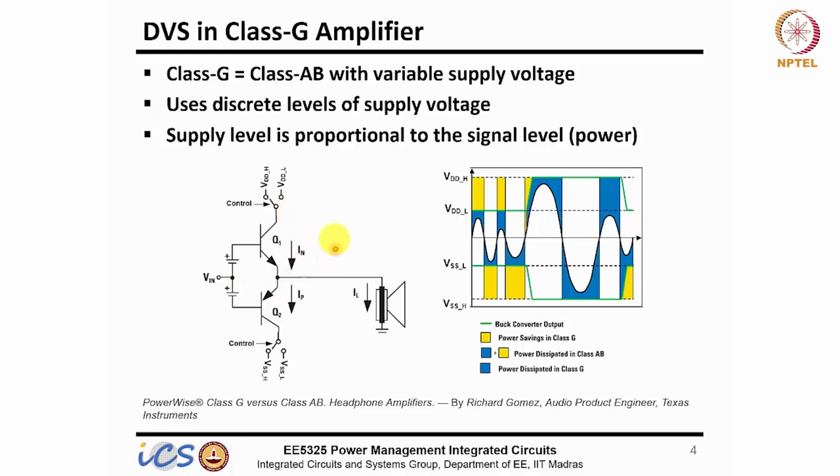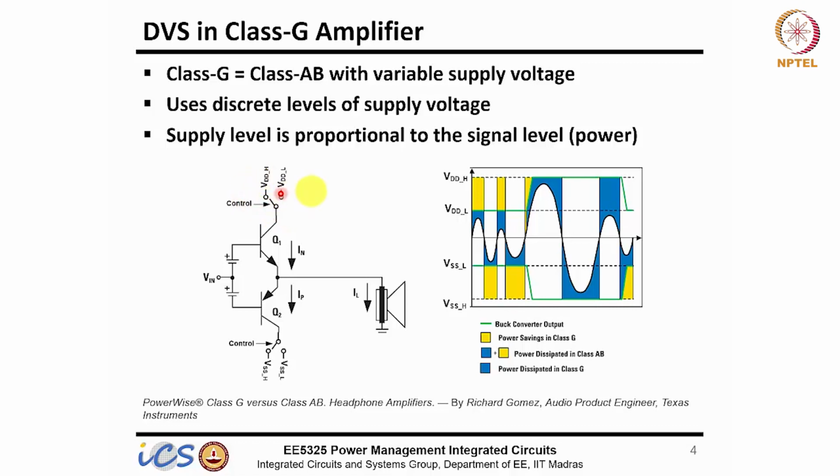Okay. You need some dropout across this, the collector to emitter voltage of this bipolar. So let's say that is 100 millivolt. Which means this should be at least 1.1 volt in order to achieve 1 volt at the output. Now you reduce the volume and your output required here is, let's say, below 500 millivolt, which means I can keep this at 600 millivolt.